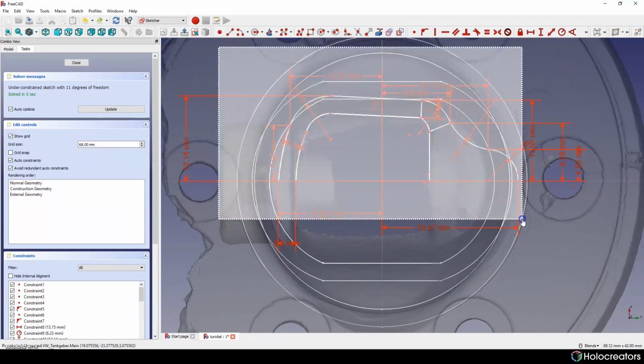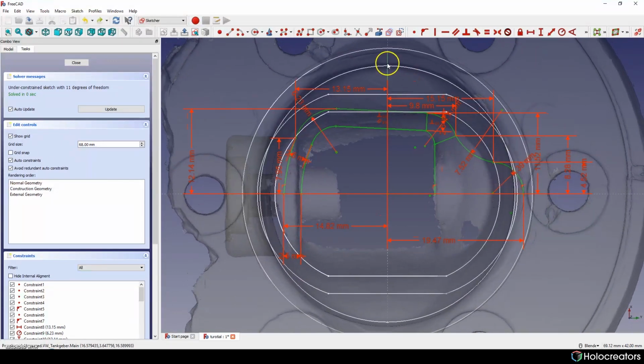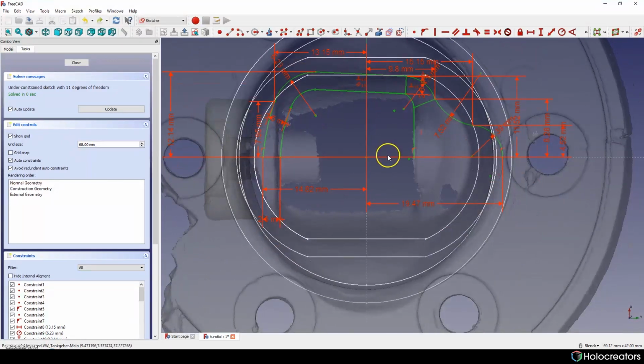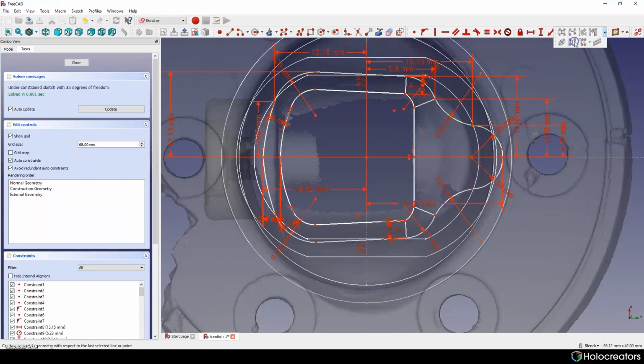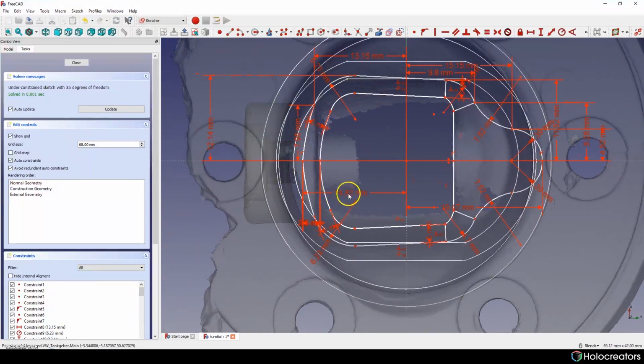Okay, it doesn't seem it's gonna work properly like this. Okay, now it's done.